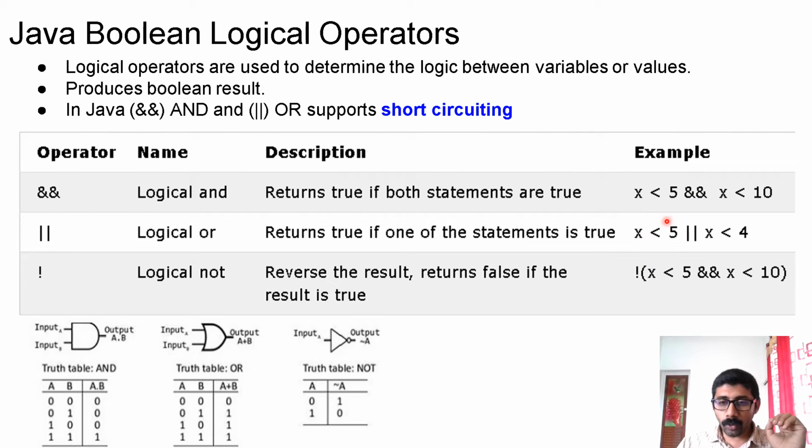In the case of OR operation, when the first expression is producing true, true or anything will be true because the first part is true. So when the first part is true and it is ORing with any other expression, there is no need to evaluate the second part, because when the first part is true, your output is guaranteed to be true. So it will not evaluate the second part. So this is nothing but the short circuiting behavior. In the case of AND, when the first expression is false, it will not evaluate the second expression. In the case of OR, when the first expression is true, it will not evaluate the second expression.